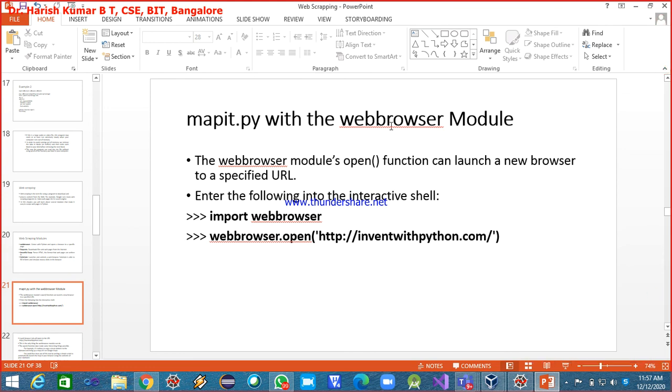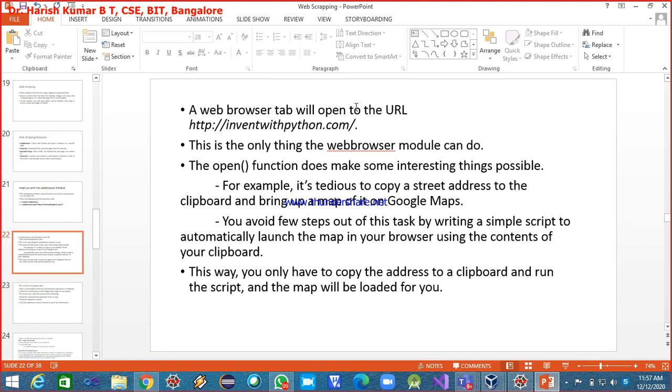So using this web browser module, you can open any specific URL in a new browser. When I executed it, a web browser tab will open to the URL. And this is what the web browser module can do.